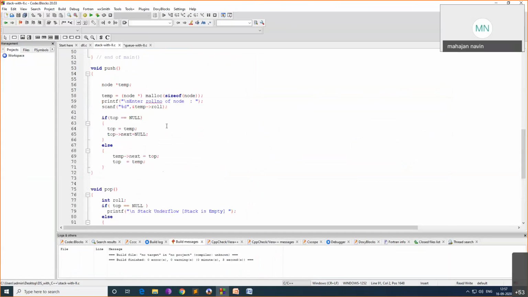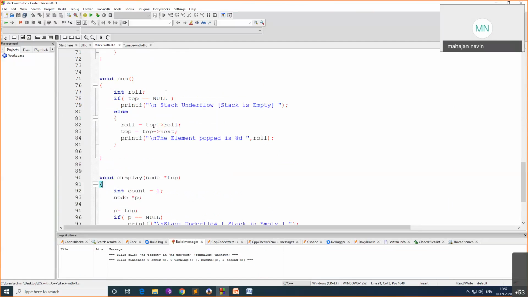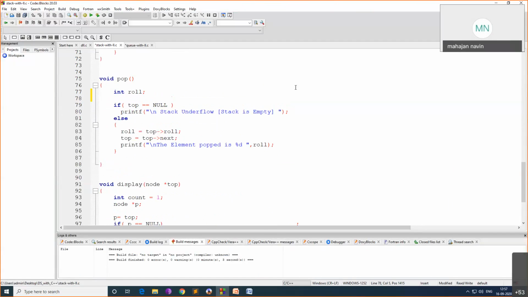So for that, when you pop, remove element, first we'll take a temporary variable roll. We also take one temporary pointer, say node pointer t, and if top equal to null, you'll say the message stack underflow.